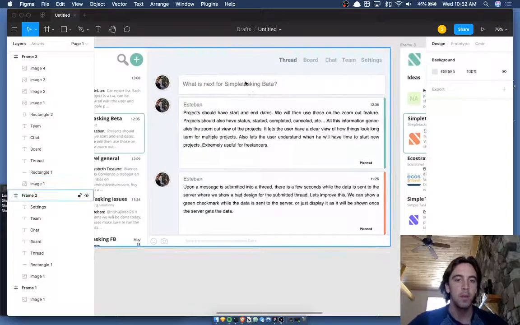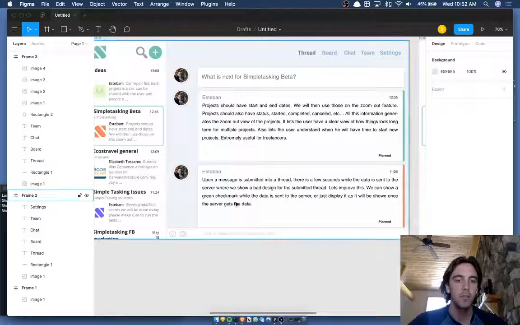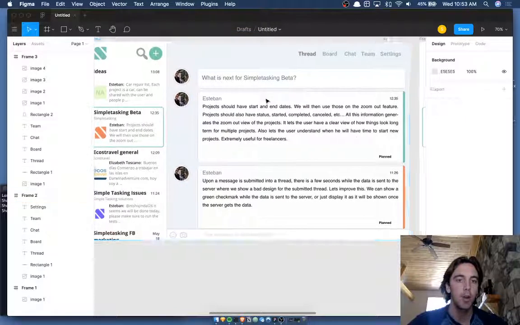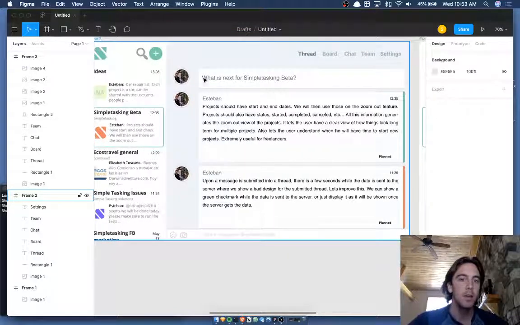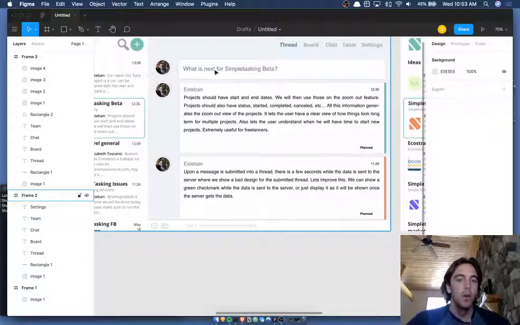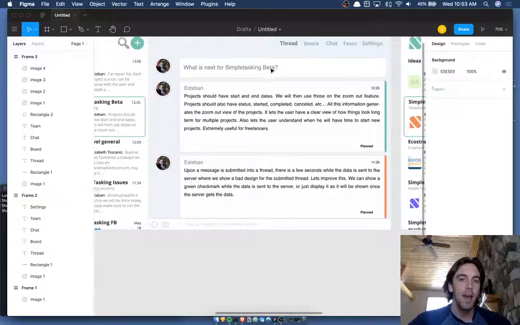That's something where, like, this is "What is next for simple tasking beta," and then "type a message." So is there a difference? Is there a reason why there's two inputs? I think if this isn't going to be here, we need to have one or the other. So this is nice that it's on the bottom. This gives you a little bit of a task, but